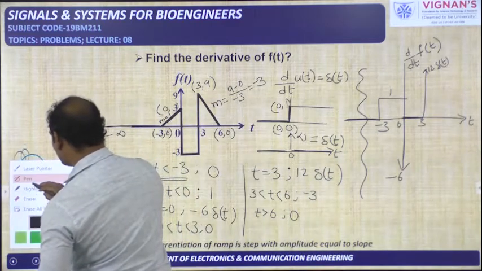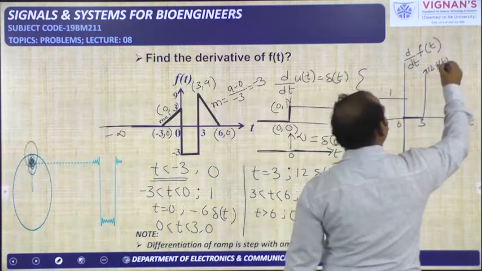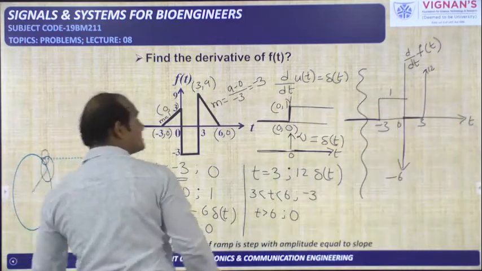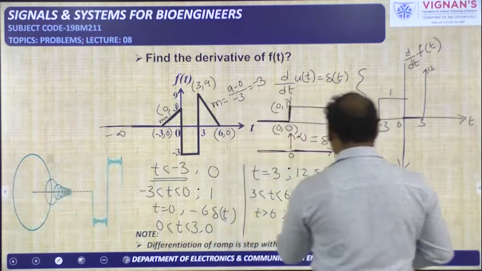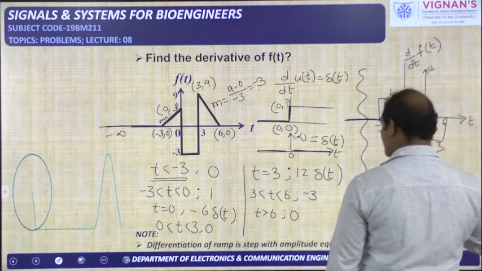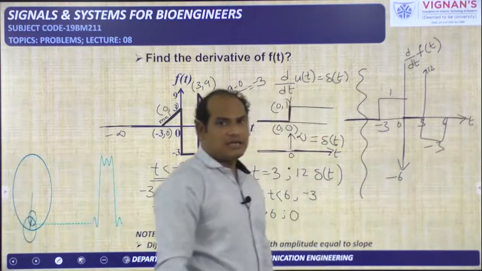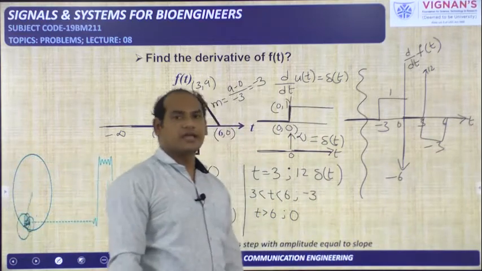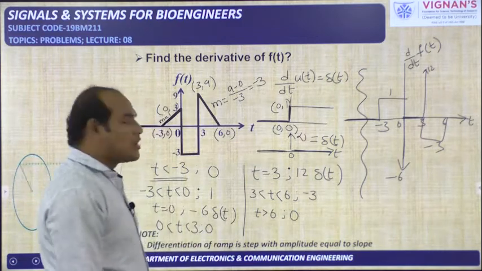With impulse we have to write, so no need to write a del. That impulse itself is representing a del. Actually that is a delayed version because it is available at t is equal to 3. Next, from 3 to 6, amplitude is minus 3. After 6, amplitude is 0. So this is the derivative part. Like this we can tell. It is the derivative of the given signal f of t. So in this manner you have to perform.